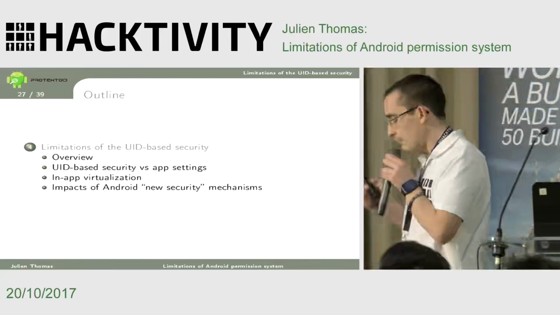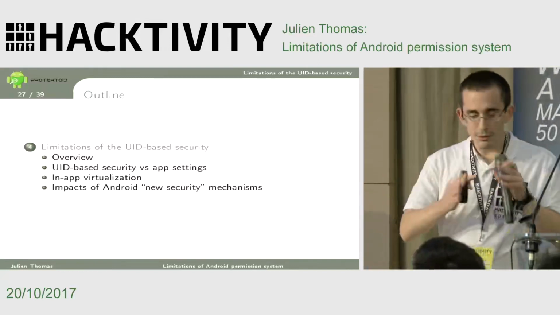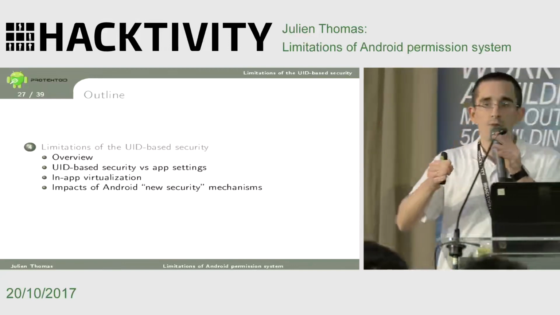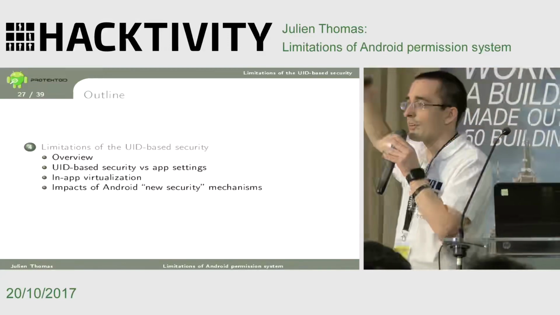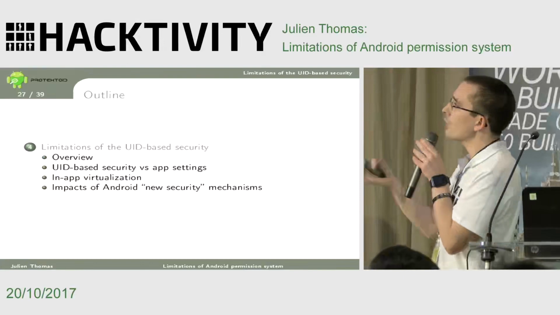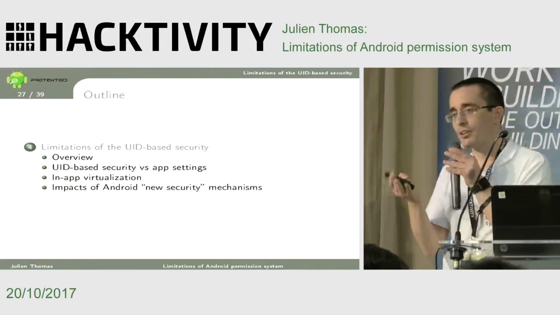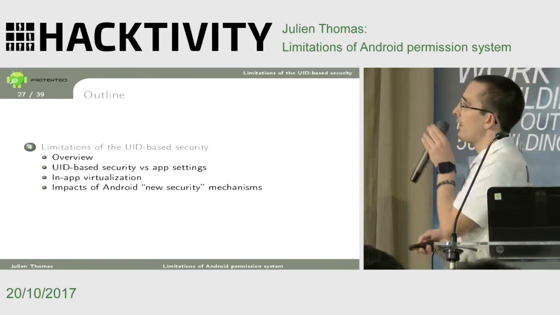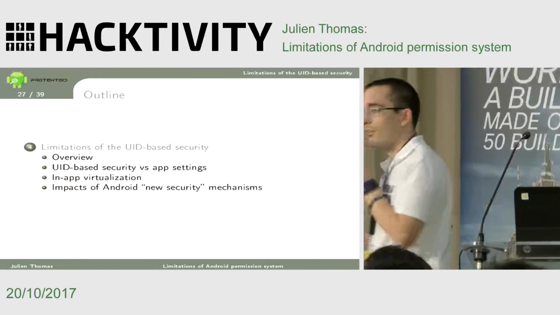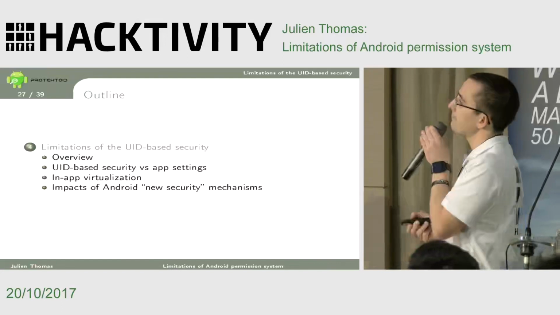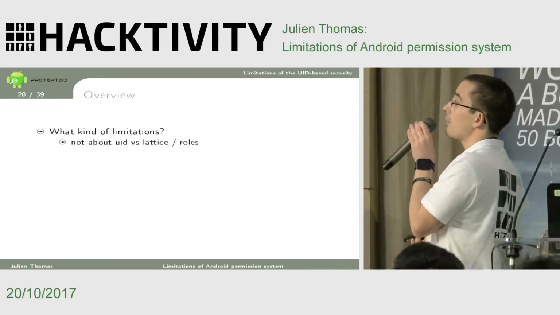So the other important thing, as I explained very deeply, is the limitation of the algorithm of the permission implementation. So now we see that we can grant permissions and we can do stuff. But the other subject, I think, in Android that is not debated enough is the implication of the UID-based model in general on Android and what it means for user privacy and how the files are really protected on the system. So what kind of limitations do I want to talk about here?